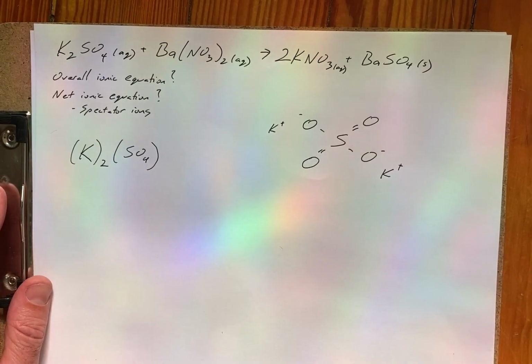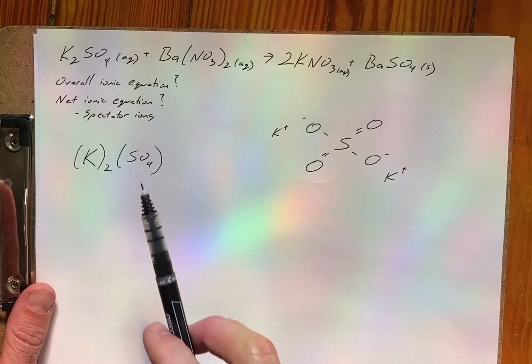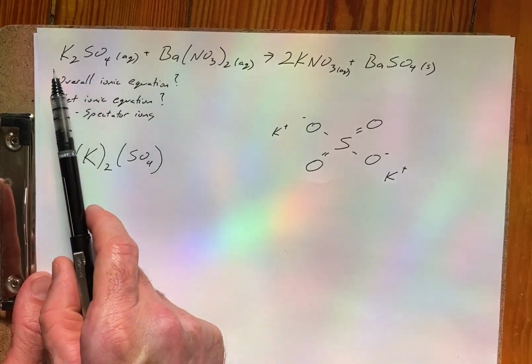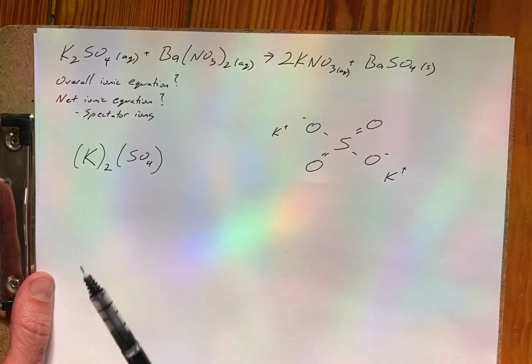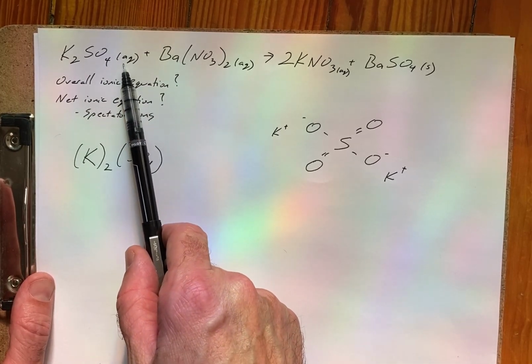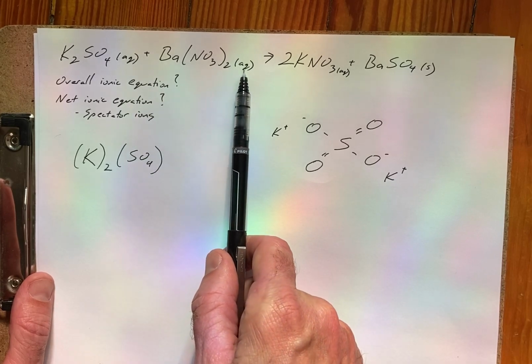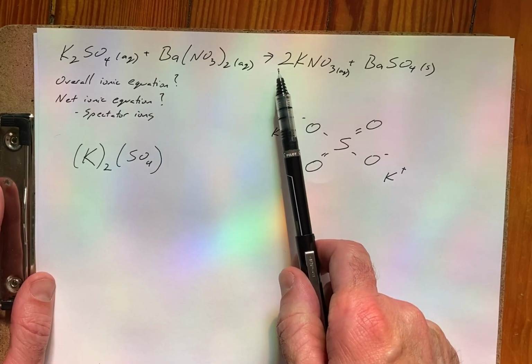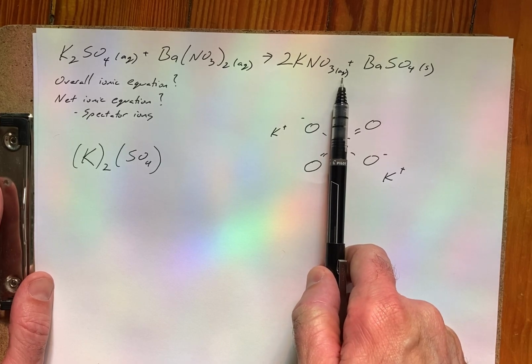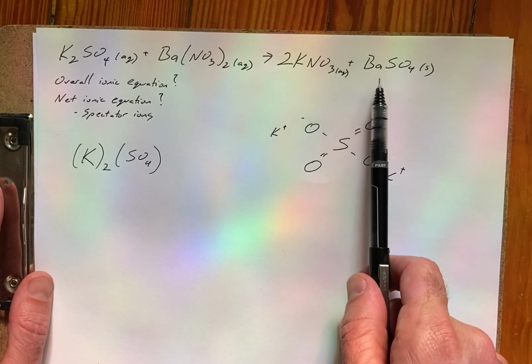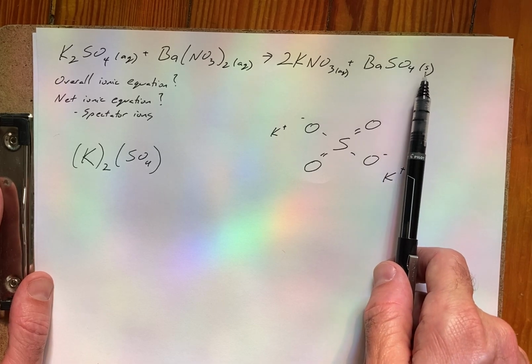Here we have the formula equation for a reaction in solution of two ionically bonded compounds, potassium sulfate and barium nitrate. They are both dissolved in water, indicated by the (aq). When they react, they yield potassium nitrate, staying in solution, staying dissolved, (aq), and also yielding barium sulfate, a solid,